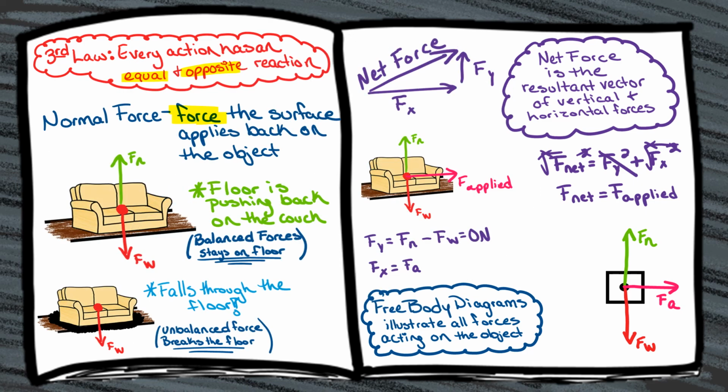Now, you need to remember, the size of the vector arrow corresponds to the magnitude, which is why normal force and force weight are equally sized arrows. But what about friction and applied force? How would you draw these? You got it, Alex. In order to overcome friction and get the object to move, the applied force needs to be greater than friction. Therefore, the arrow for friction would be smaller.